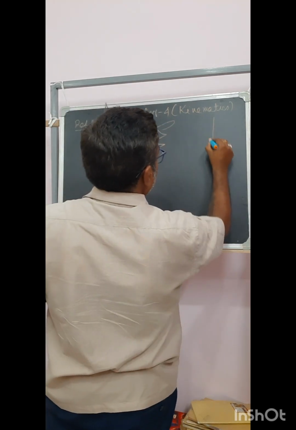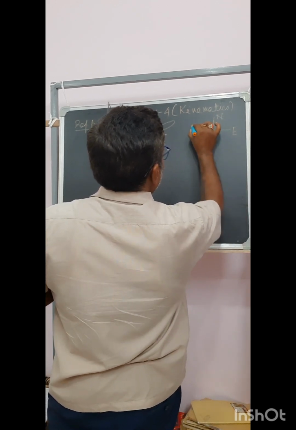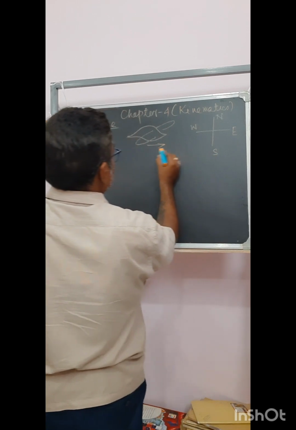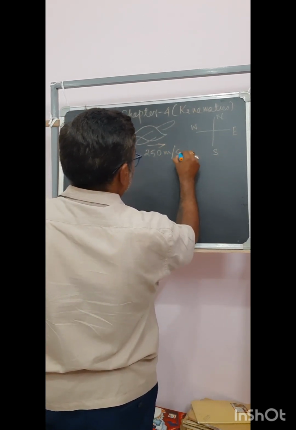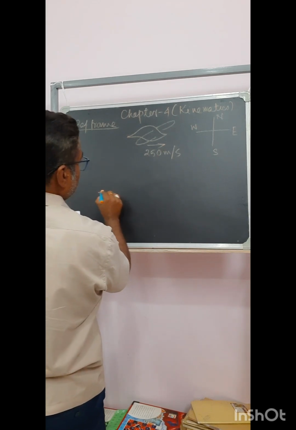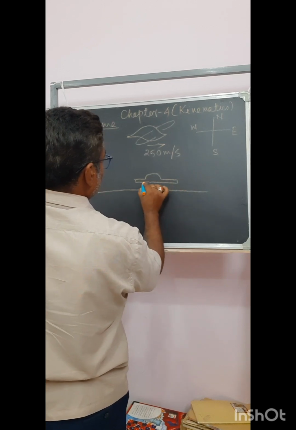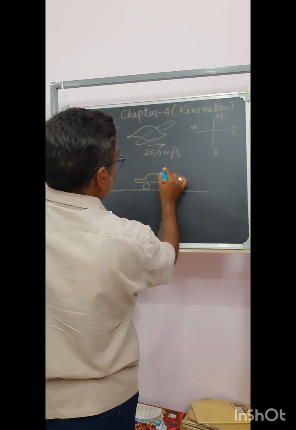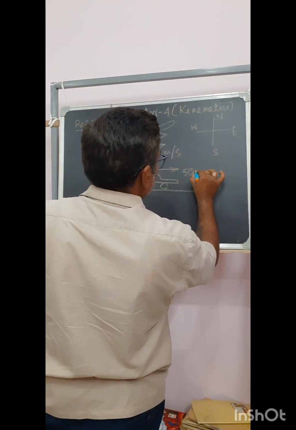This is north, east, west, south. So towards east with 250 meter per second, and on the ground there is a car moving in the same direction, the east direction, with 50 meter per second,